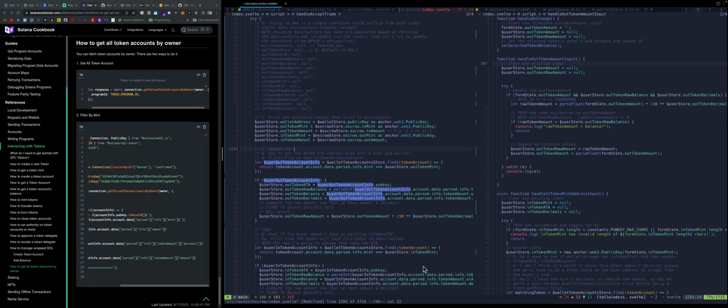Update the buyer's out token details. Maybe the users. And now here,